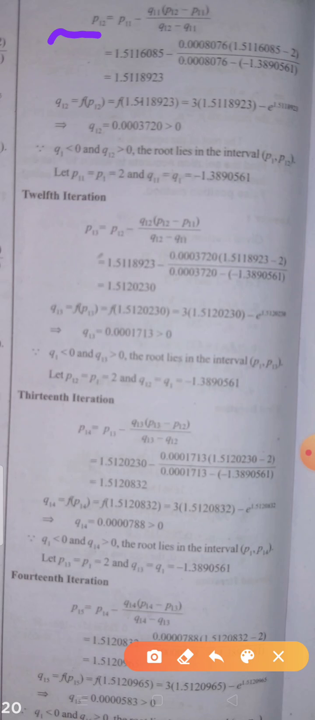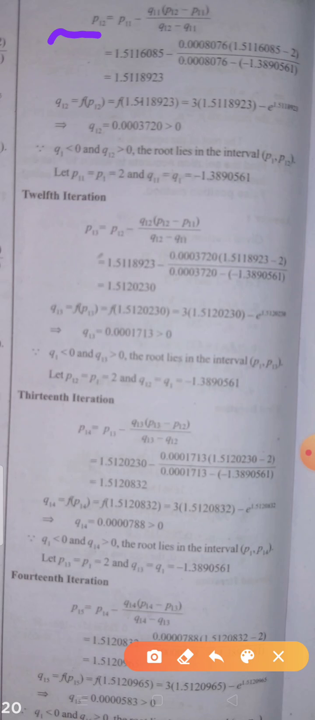P12 is equal to P11 minus Q11 into (P1 minus P11) divided by (Q1 minus Q11), which is 1.5116085 minus 0.008076 into (1.5116085 minus 2) divided by (0.008076 minus (minus 1.3890561)). Therefore, P12 is equal to